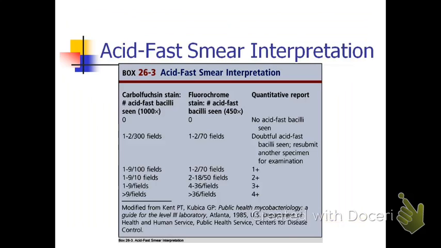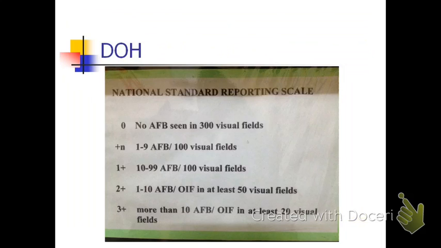Okay, so this is the modified smear interpretation released by the CDC. But what I'm discussing is the DOH National Standard Reporting Scale. So if you are assigned in an RHU, Rural Health Unit, it's very important that you are familiar with this interpretation scheme. You place 0 if you are not able to see acid-fast bacilli, but you have to visualize 300 fields. Plus N if you're able to see 1 to 9 AFB for every 100 microscopic fields. Plus 1 if you're able to see about 10 up to 99 AFB for every 100 fields,